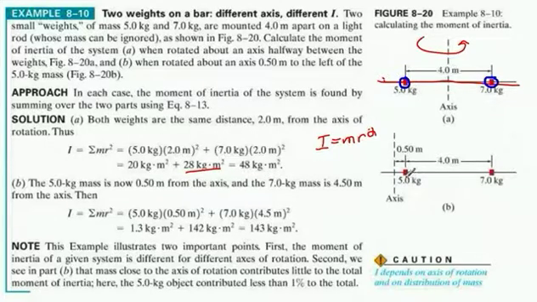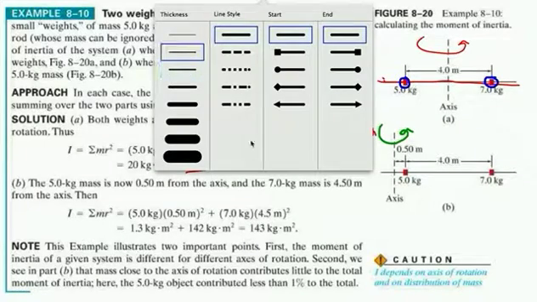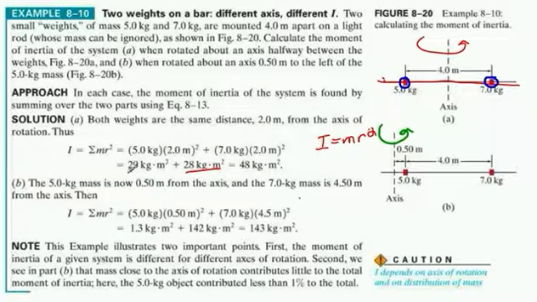Okay, what if we change that and we say, you know what, we don't want to rotate over here. Now we want to rotate over here. And our masses are in a little bit different position this time. So this time we're going to think same relationship for moment of inertia, except the one on the left, the 5 guy,